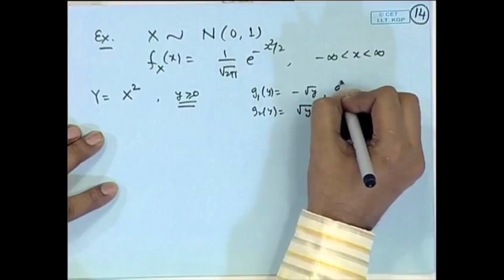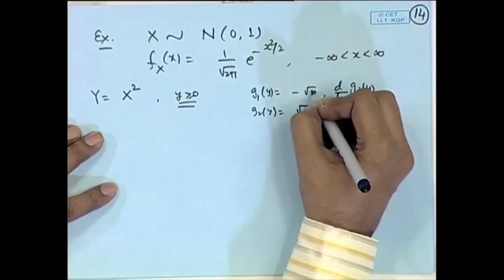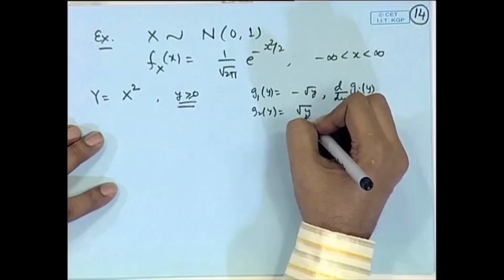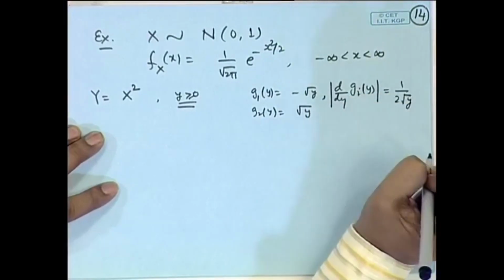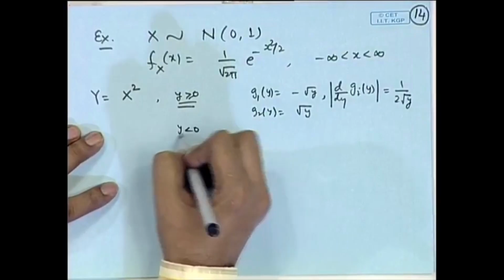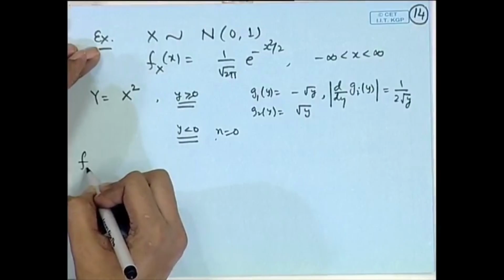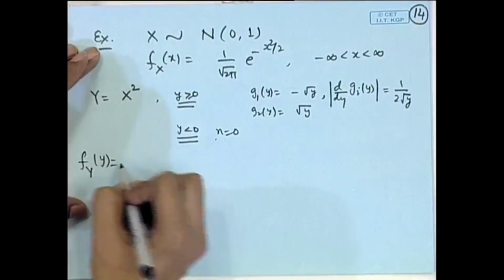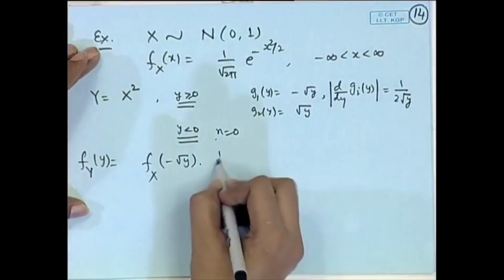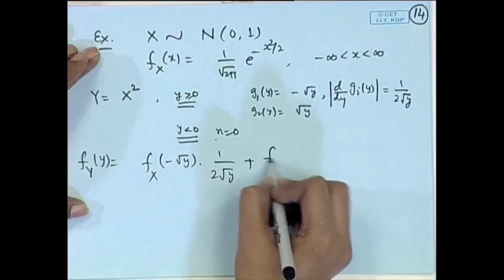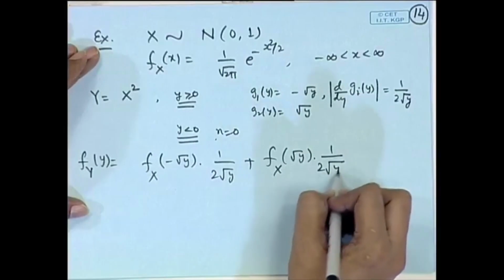If I look at the derivatives, that will be minus 1 by 2 root y or plus 1 by 2 root y. So, if I take absolute value, it reduces to 1 by 2 root y. For y less than 0, there is no inverse image. So, the density function of y is the density function at x equal to minus root y multiplied by 1 by 2 root y plus the density function at plus root y multiplied by